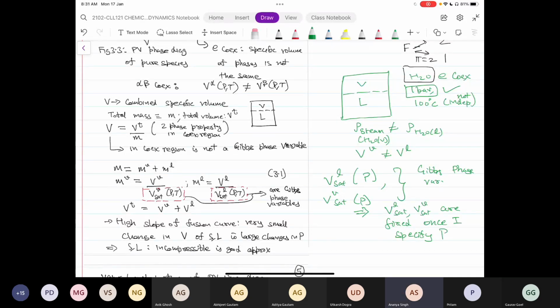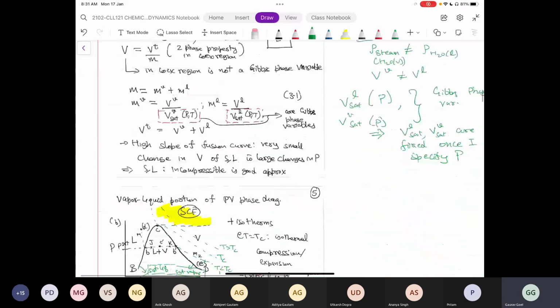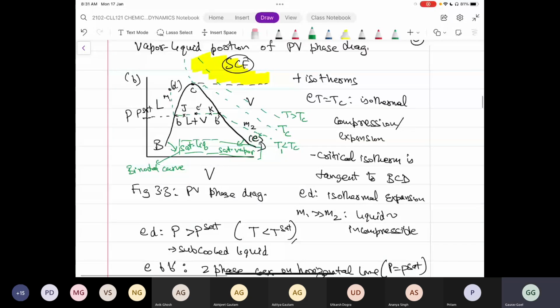Just one. Let's say we specify pressure. So once I fix pressure, these two quantities will not change. Let us now go to the phase diagram. I have drawn some isotherms. I think this would be more appropriate. So, figure 3.3,